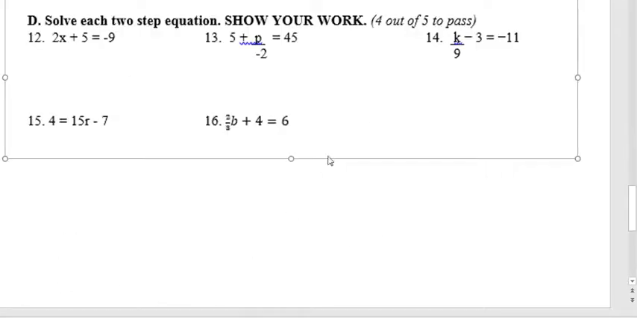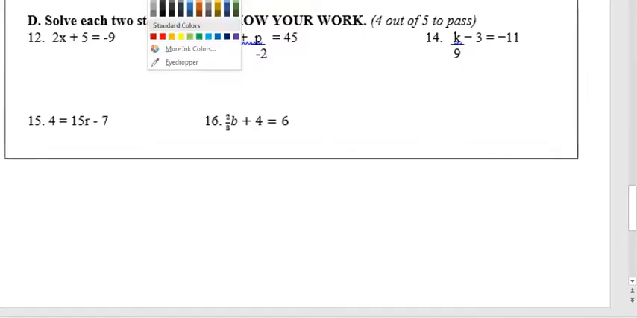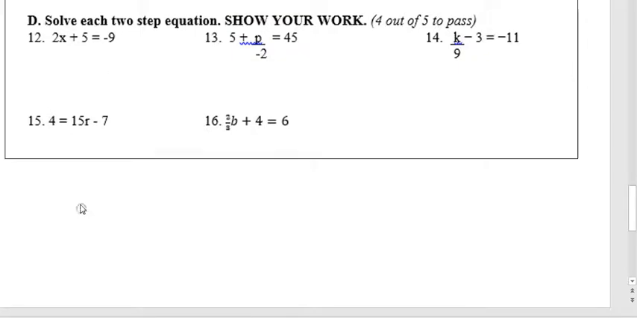Okay, so the last set of questions on your test are solving two-step equations. So that means that there are two things that you need to get rid of in order to get the x to be all by itself. Okay, so for this first one, you have 2 times x plus 5